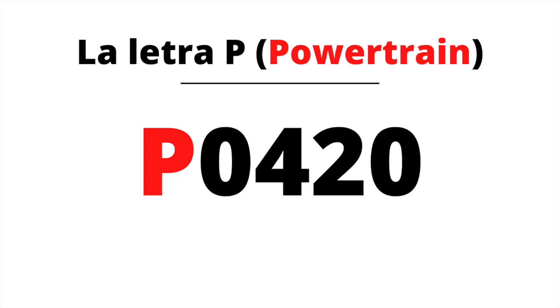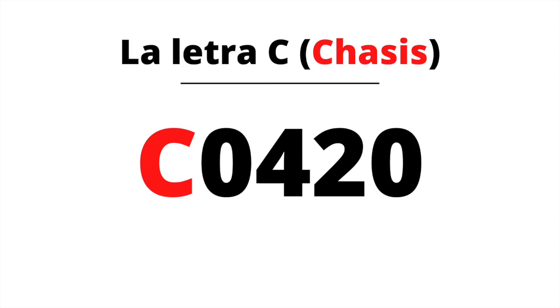If the code begins with this letter, the fault is found in the vehicle's chassis. Example: C0420. The letter B, body. If the code begins with this letter, the fault is found in the body, air conditioning, or airbag of the vehicle. Example, B0420. The letter U, network. If the code begins with this letter